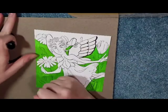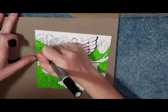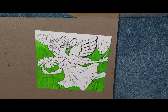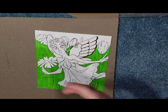And I'm doing that with a Prismacolor marker. Very juicy Prismacolor marker too. It's like no one bothered to molest it in the store. It's impressive. Okay, so next I want to do her skin, and the skin is a bit of a problem